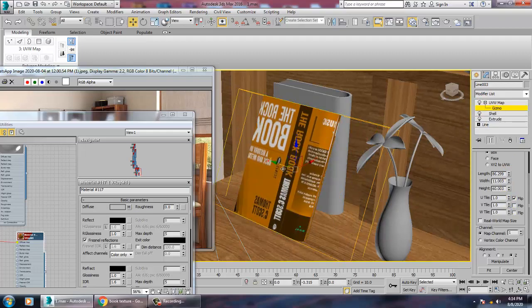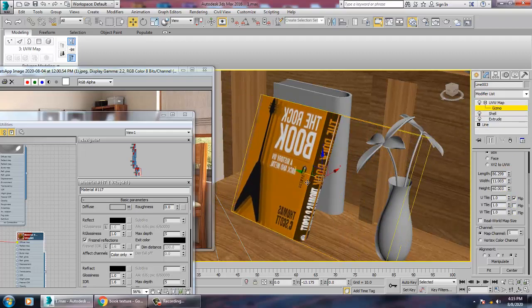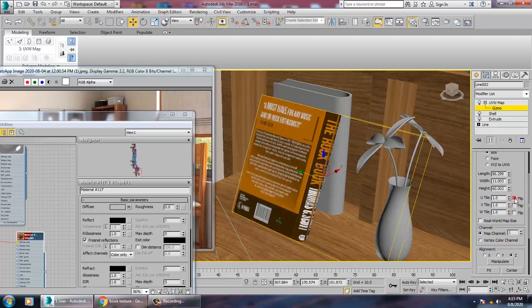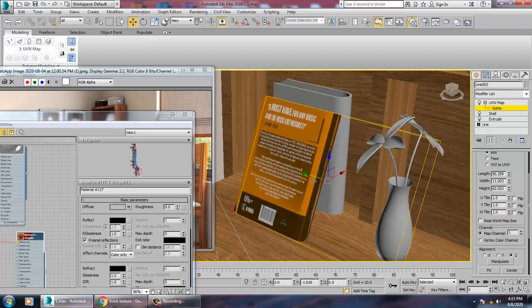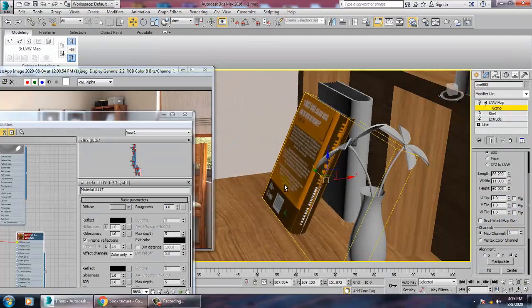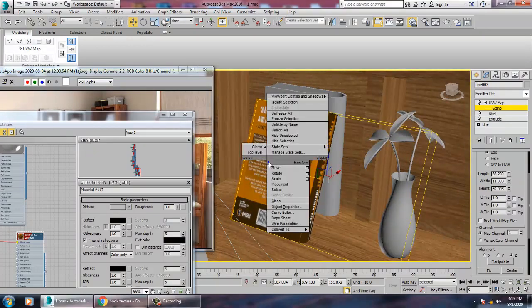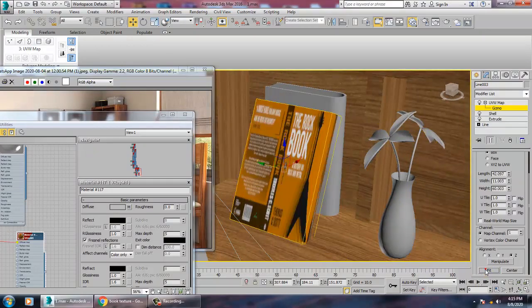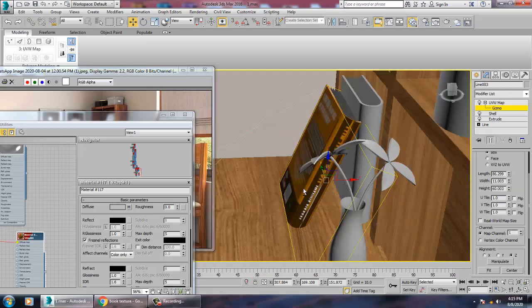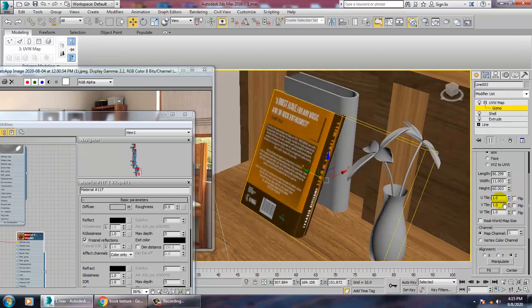You can just push it in this way. Oops. You can just flip this, or you can just make it in this. Alright, looks much better. If you set to fit, no, don't fit it. You can go into this. This is okay. Yes, you can just keep it in this way.